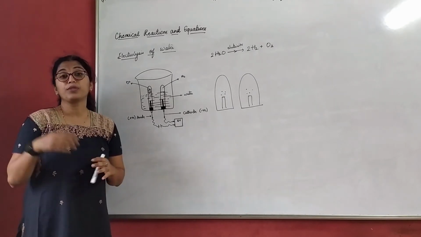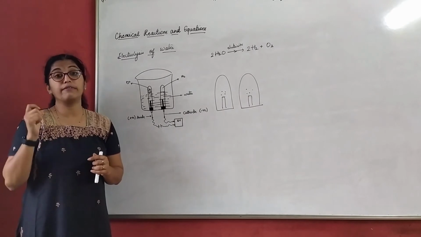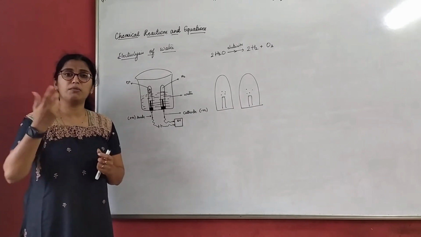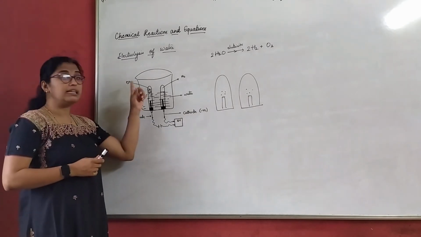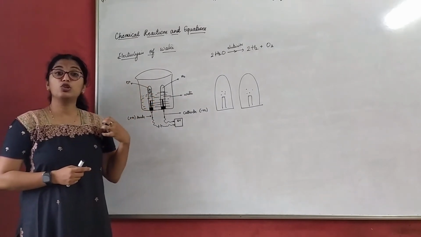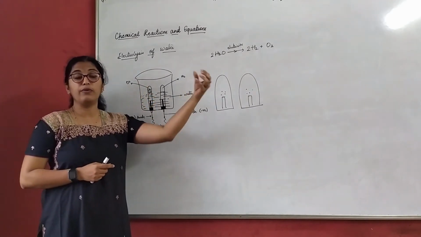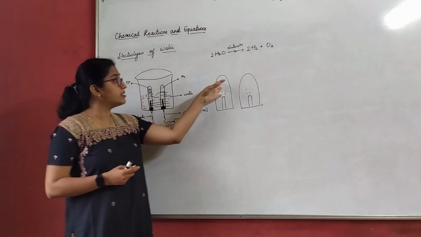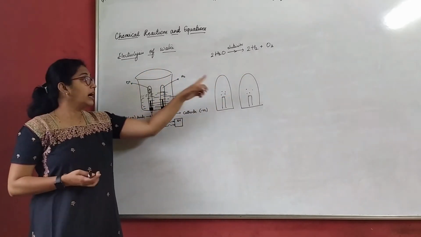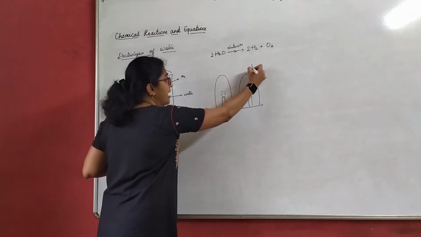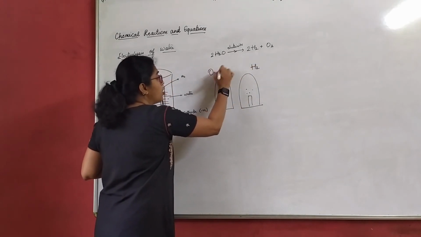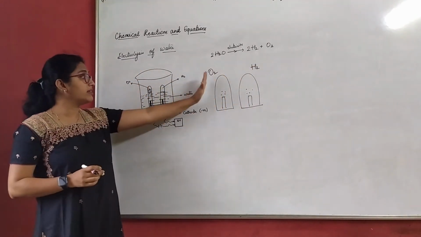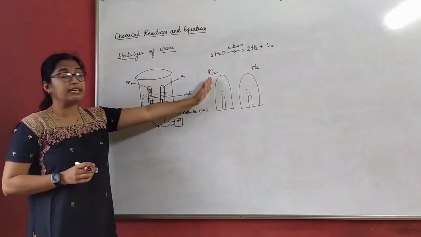So what we do, we take a burning matchstick or an incense stick, or better, a candle. We take it near the test tubes. When we take it near the test tube, we don't know whether this is oxygen or this is hydrogen. Assume that this is hydrogen and this is oxygen. So I take the burning matchstick or a candle here.